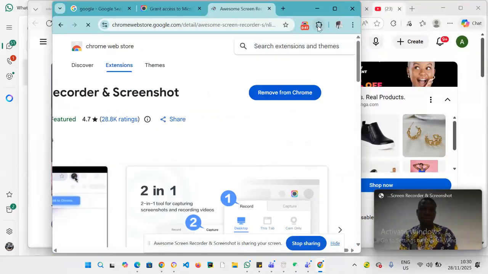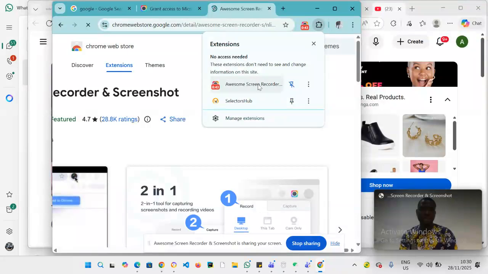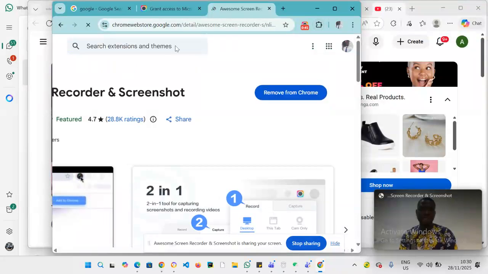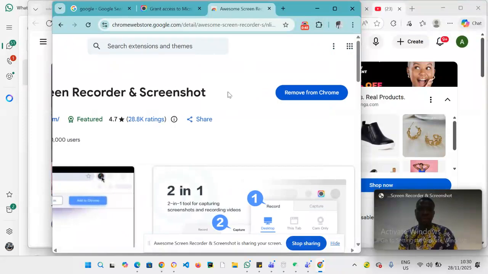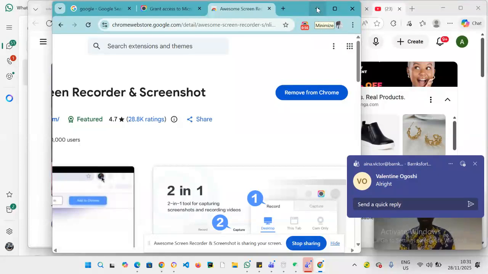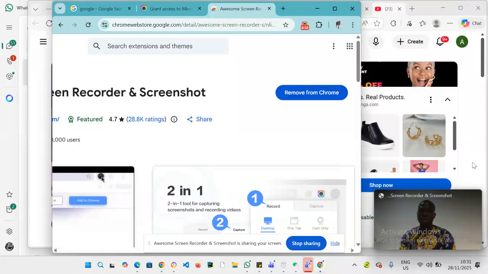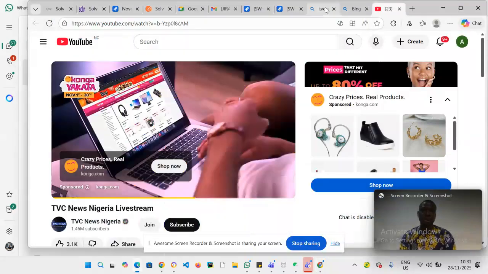If I come to this place, I can see this is it already. This is what I'm using for recording right now. If I remove it, I can then add it and come here. It's not only on Chrome. You can find it also, it's also applicable to